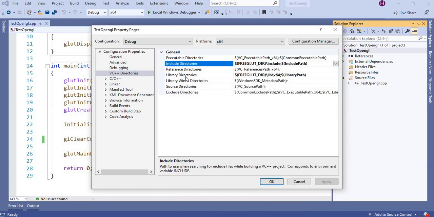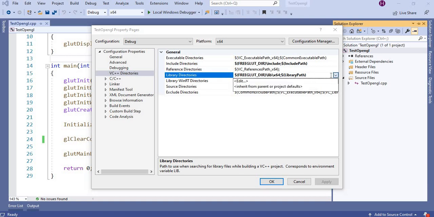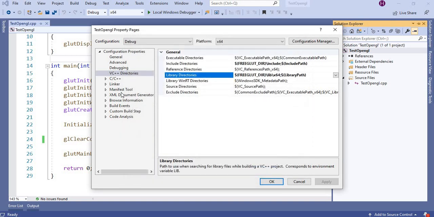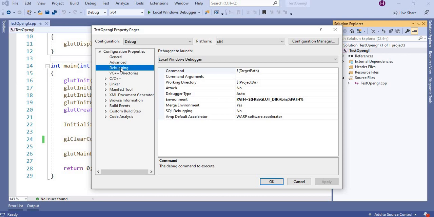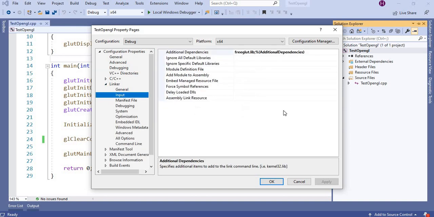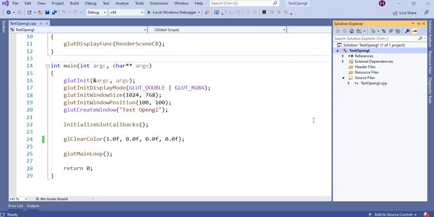For the library directory, right click here, click and libraries. Or for DLL, in configuration properties, debugging, path equal to this path, and for the lib name go to input and give this. That's it to set up your freeglut.